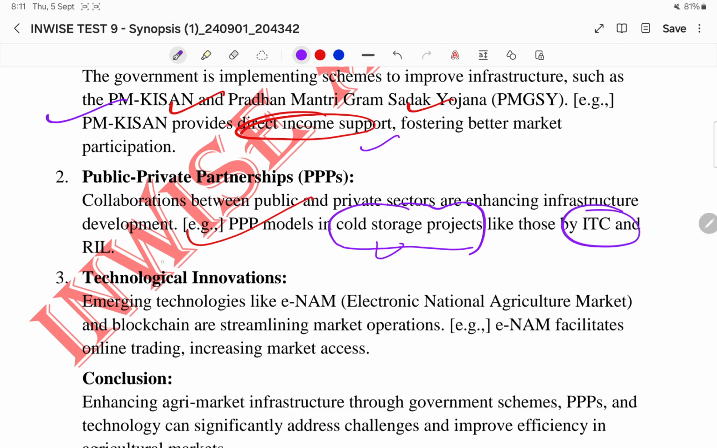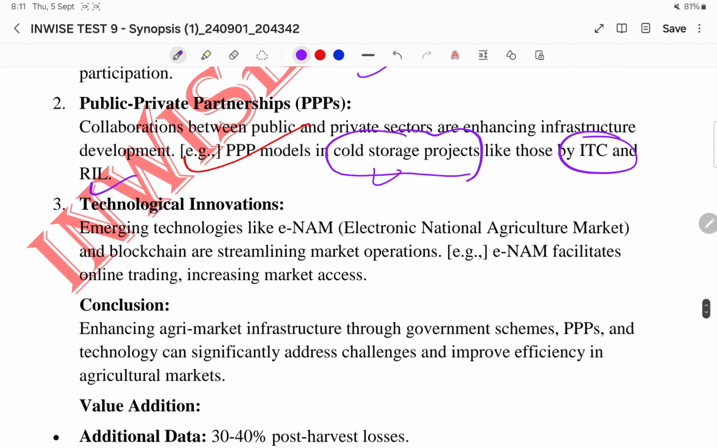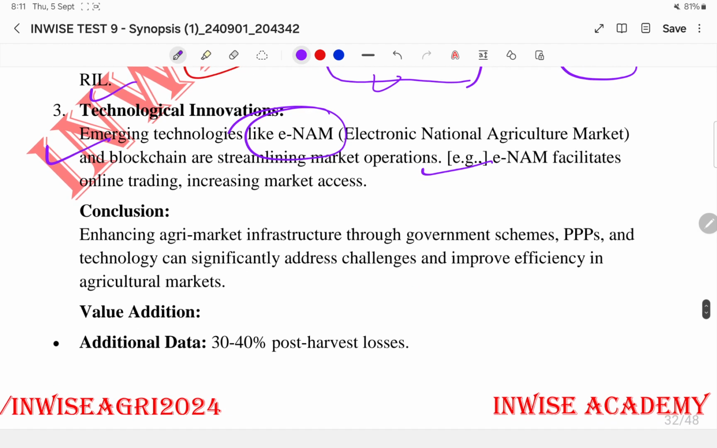There are examples like ITC and RIL, they are working on that. Then technological innovations like eNAM, right? Then conclusion: enhancing agri market infrastructure through government schemes like PPPs and technology can significantly address challenges and improve the